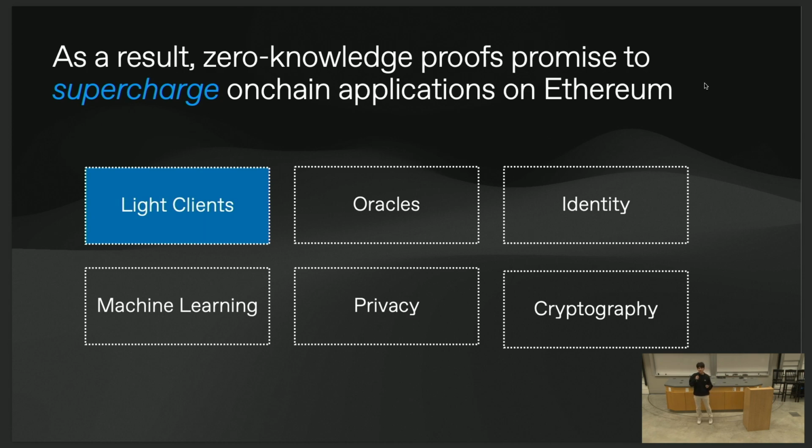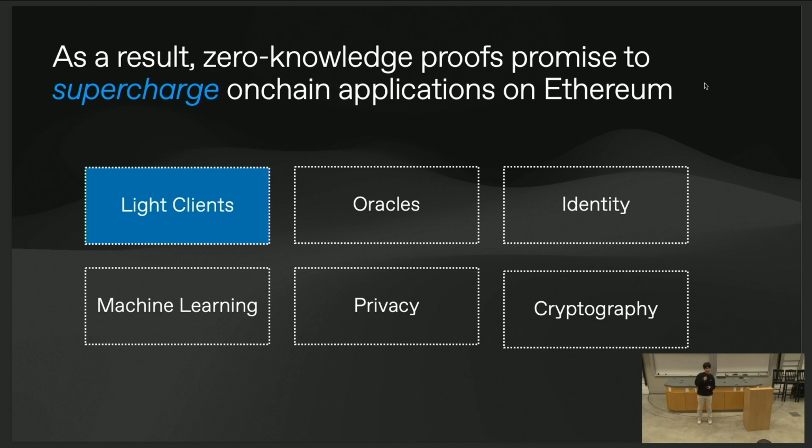Light clients are a great use case of ZK because verifying a light client on the EVM would have normally been impossible, right? You'd have to verify hundreds of validator signatures on curves that the EVM doesn't support. But ZK can compress this huge computation down to the verification of 200K gas. And it's really nice because on Ethereum mainnet, you actually want access to this data, or you want to bridge tokens from these chains. So it's really useful to have these light clients on an existing chain instead of launching a ZK rollup just for it.